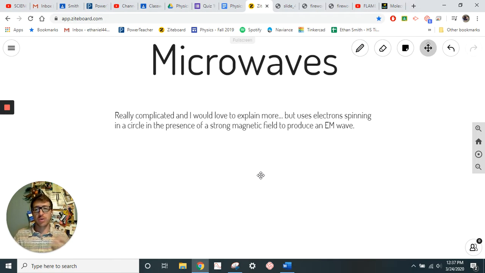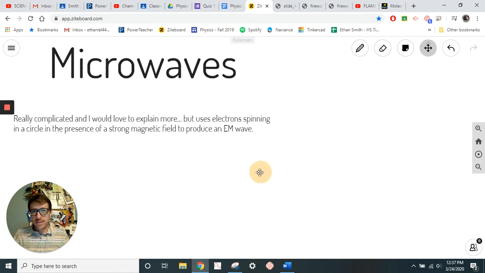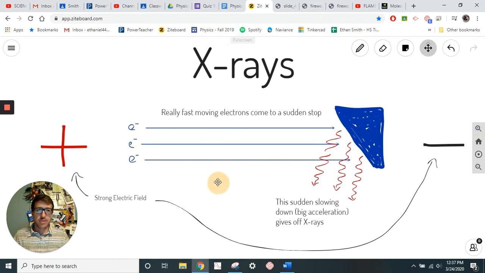Okay, so we have an electron that's moving. We're kind of moving it using magnetism, using electric and magnetic fields. Okay, so that's one way. It's kind of cool. A similar way, but a little bit different, is what we'd use to make